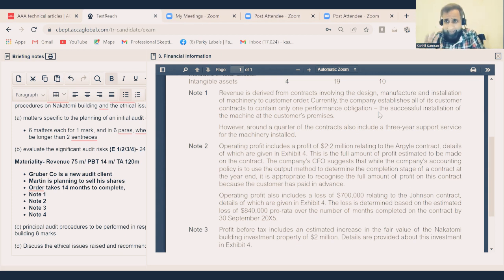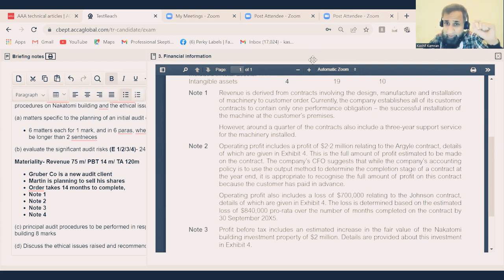That's wonderful. Is that the right accounting treatment? Yes. Once the machinery gets installed, the performance obligation has been met and you record the revenue. Is that the right accounting policy? So it takes 14 months to manufacture a machine and to install it. So when is the company recording the revenue? When it gets installed. So is that the right accounting policy? Yes. But look at the twist.